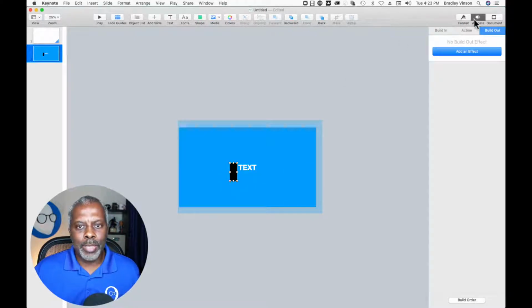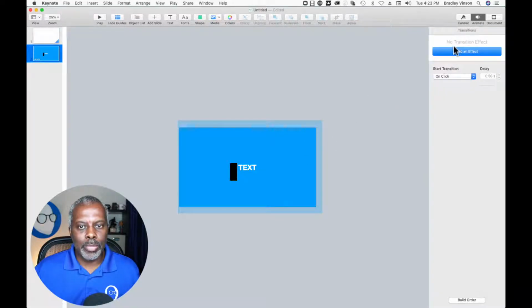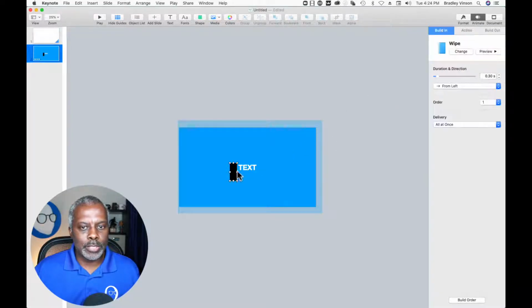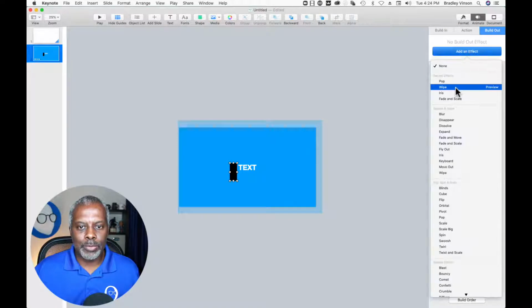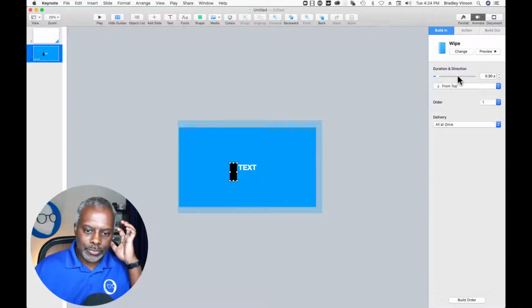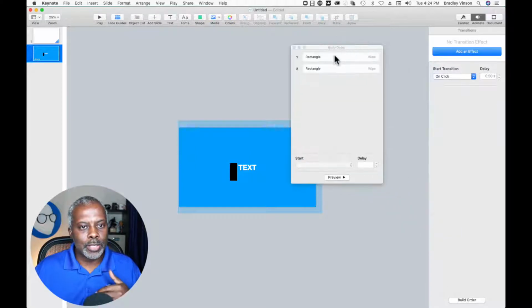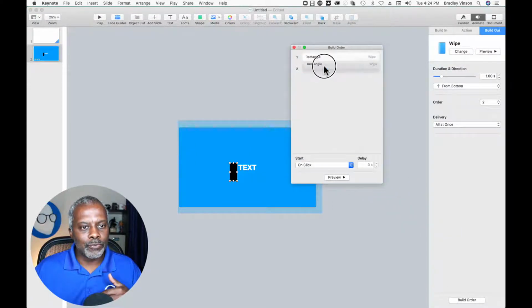And let's just do an animate on that. So build in, wipe, make it slow. And then we're going to build out, wipe. So click it, build out, wipe. And we'll have it from the bottom. We'll have the build in from the top. Okay, so this is roughly what that design was, right? So it wipes itself in. The second wipe happens after the first wipe. Let's give it a second.